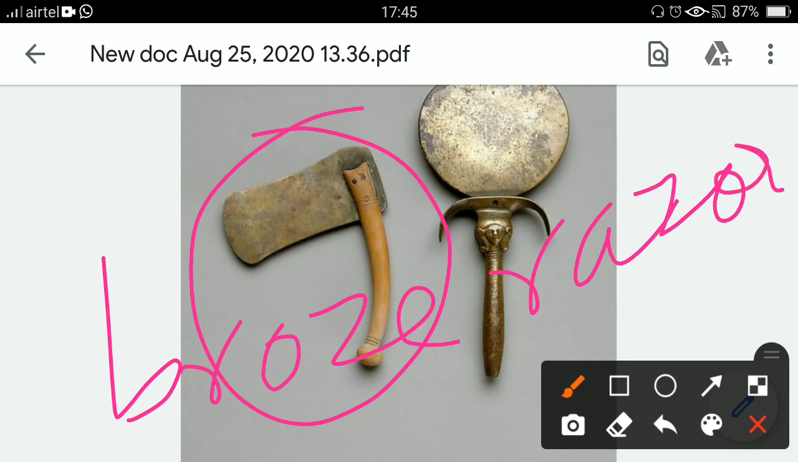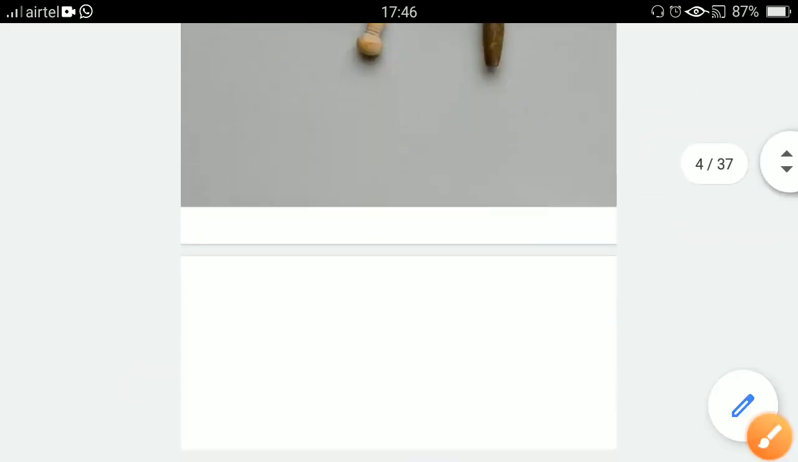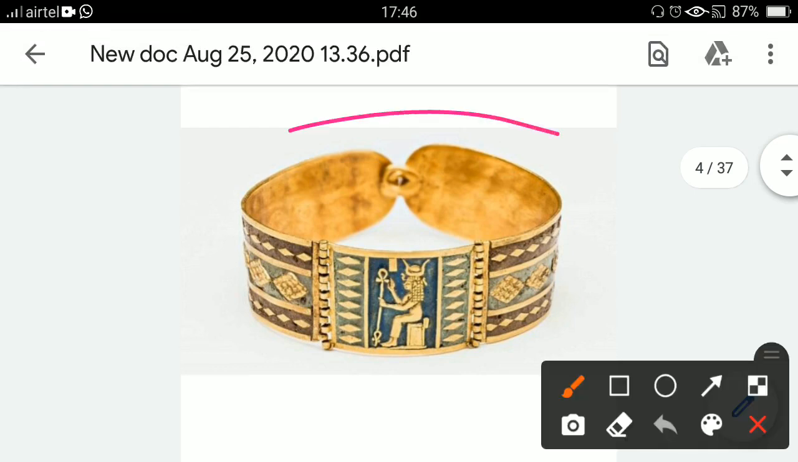When the mummy of King Tut was discovered, the tomb was discovered, it was found that his belongings, his favorite things were put around him. So one of them was this bronze razor, bracelet,